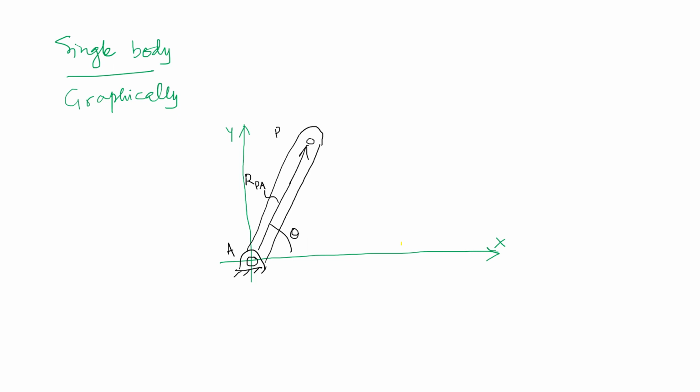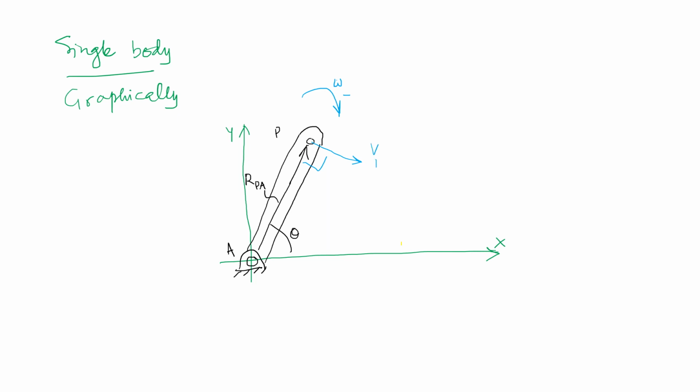So when we move on to the velocity representation over here, we define the angular velocity associated with this body. If we define that to be omega in this orientation, because it goes clockwise corresponding to the x and y convention that we have used, this is going to be the negative sense of omega. As a result, the linear velocity component on this link at point P is going to be somewhat in this orientation,